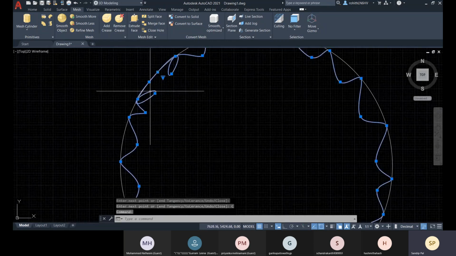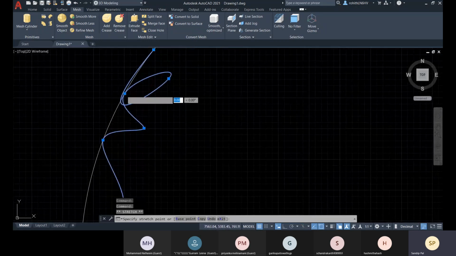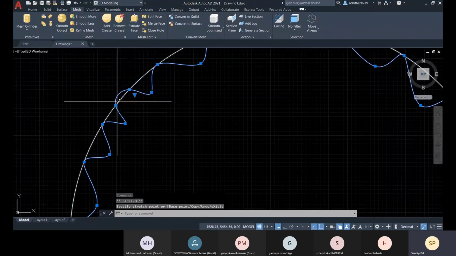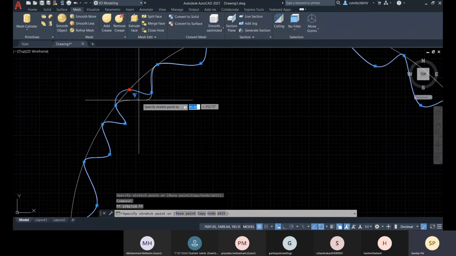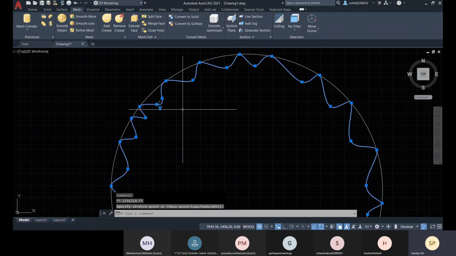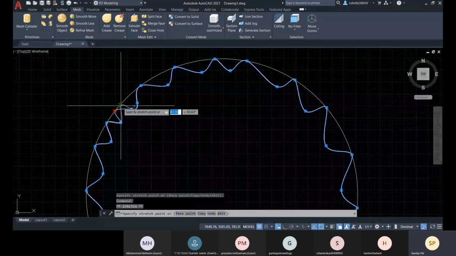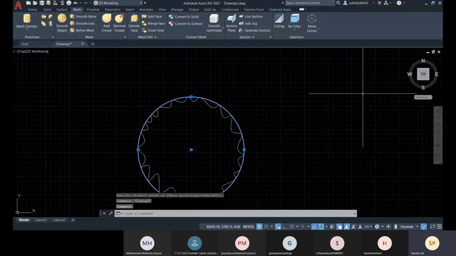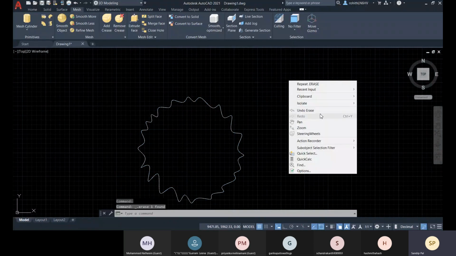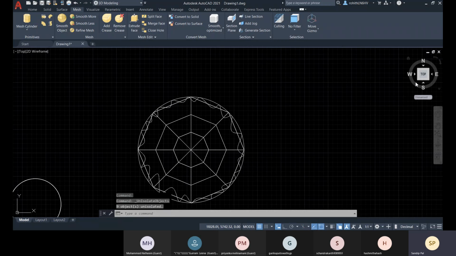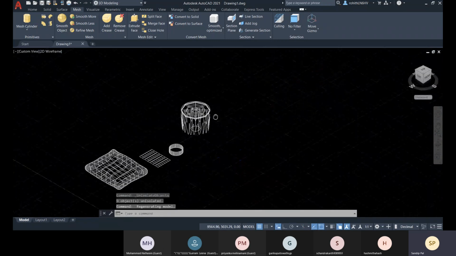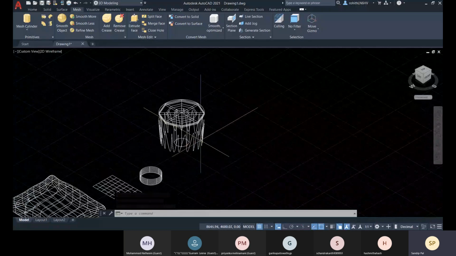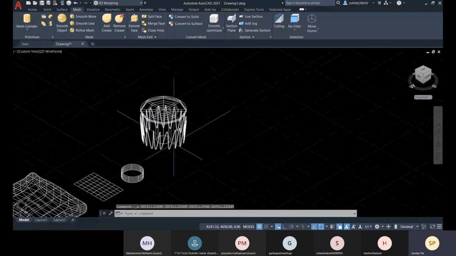Sorry, the closing is not done properly. Let me do the changes here. Okay, now I'm done. I don't need this circle anymore. Right click, isolate, end object isolation. Let me come back here. Okay, so like this.